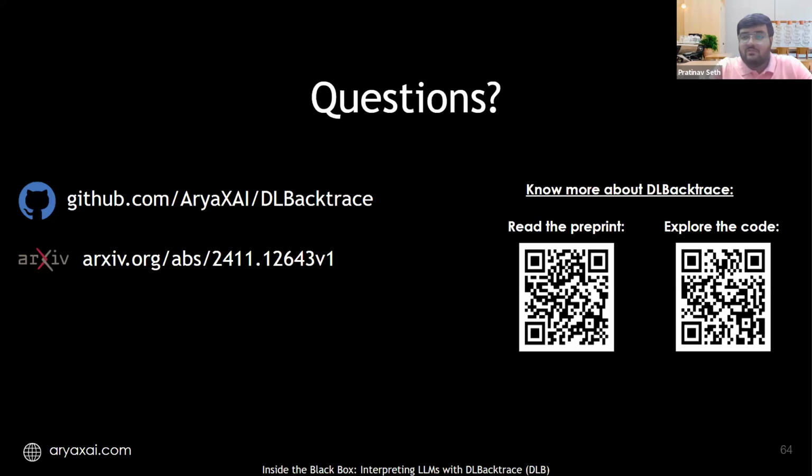Something similar we tried on the optimization front, especially for different models, and that is something which we saw. There is a pattern between the backtrace explainability which you get and certain predictions, and through that we have a few results which are good for pruning. But this is something we are currently exploring, and I think in a few months you will get some results from us. So yeah.